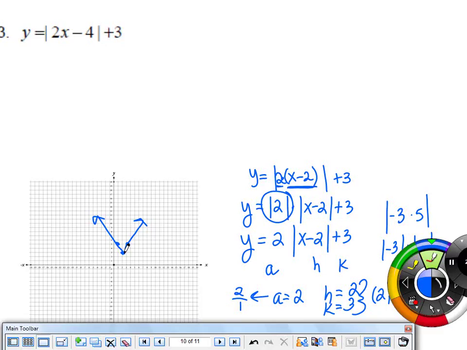So you only have to factor out the number if it's inside the absolute value bars multiplying x. Then you have to do these extra steps that we did right here. Otherwise, it's just going to be given to you in the format where you can see your a, your h, and your k already. Is this okay with everyone? Okay, so then what I'm going to have you guys do is instead of filling out